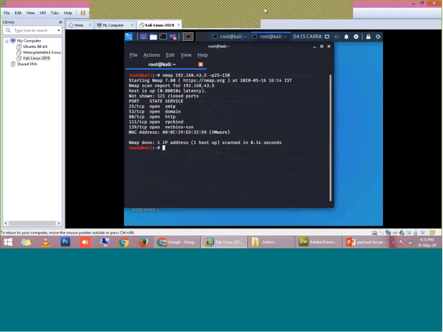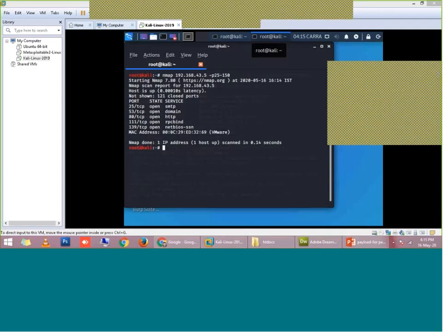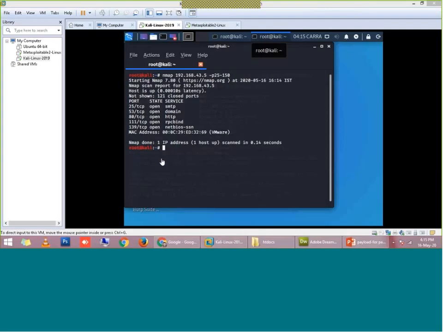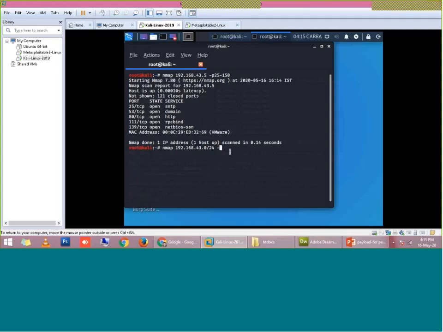For that I can use this command: nmap 192.168.43.0. So I'm going to scan this subnet, and I'm going to scan for port 80.